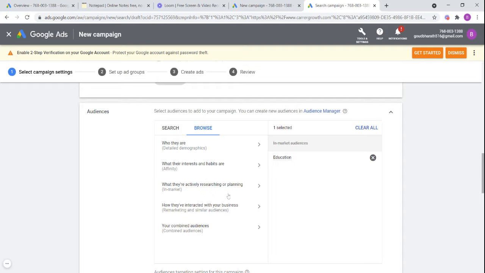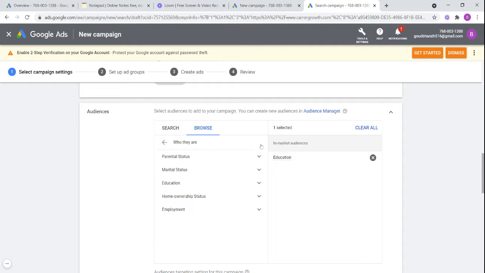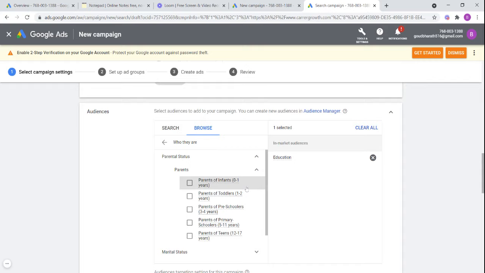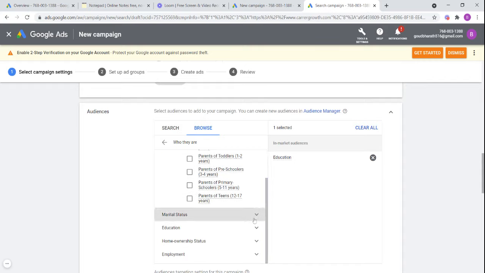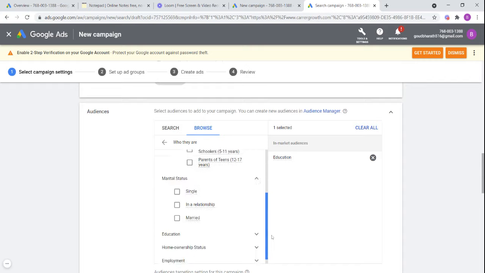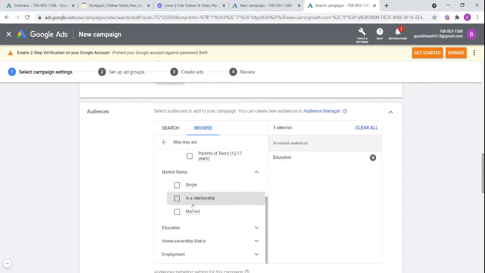Yeah, so I hope you got it. You can also have demographics like parental status. Do you want to target parents? If so, what age should they be? And marital status: do you want to target single people, those in a relationship, or married?